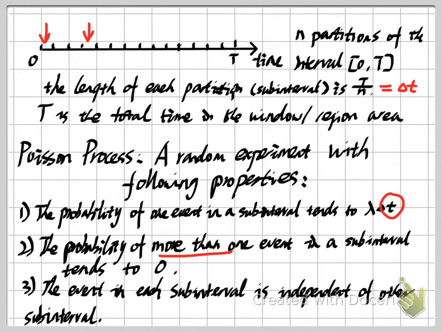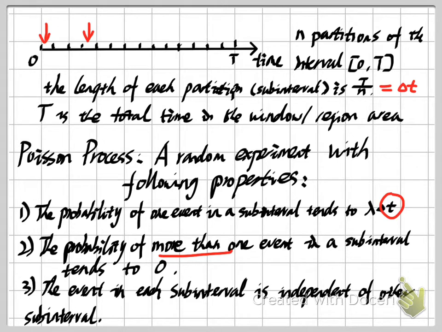Maybe you think this is really complicated and you have no idea what this means. So let me give one example. Say in Canada, or in one country, there are earthquakes in a period, for example a period of 10 years. If we divide these 10 years into subintervals, say each subinterval is 1 month,